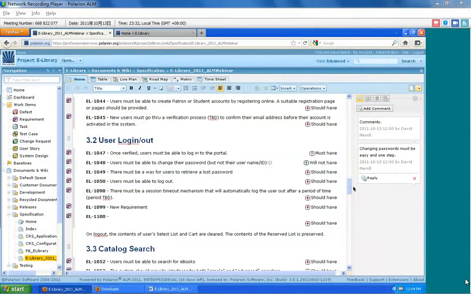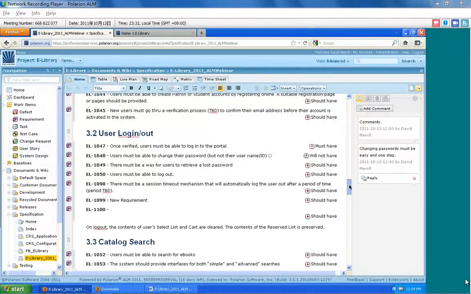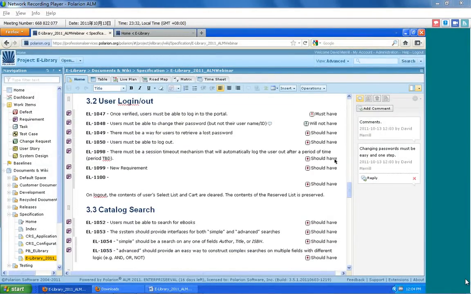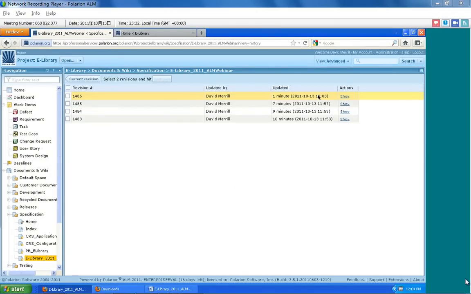So round trip doesn't have to happen just once. It doesn't have to happen just to one individual. It can happen to many individuals, and it can be an iteration. Okay. Well, one of the things that's important to note here is how do we view these changes over time? So as I mentioned earlier, every change to Polarion is made in the repository in an atomic way, and so we track those changes. So I can come to any of these revisions in history, highlight the two, and compare